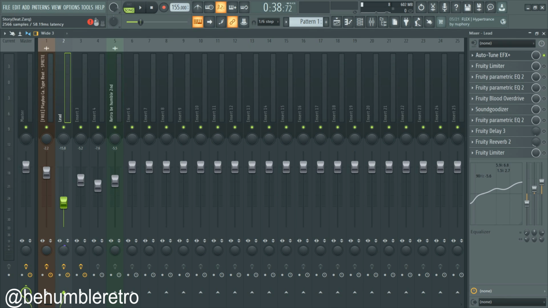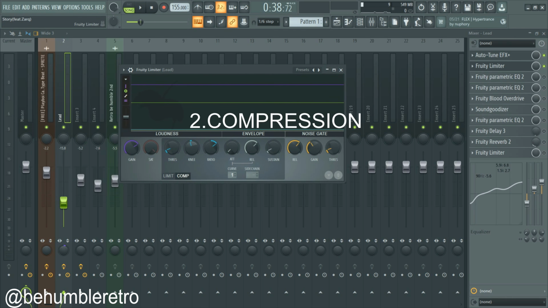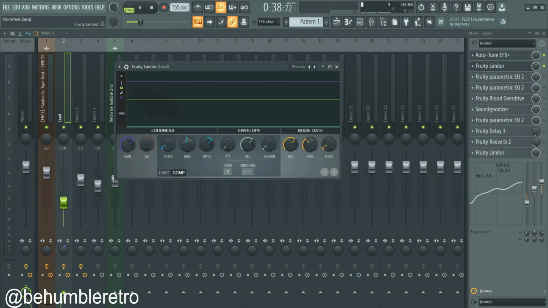So once you have that, what you want to do next is add compression. So for this we're gonna use the Fruity Limiter. Just hop over here on the compression tab and then crank the threshold to where you prefer it, you know, and then decrease the knee, and then I usually turn the ratio all the way up, but for this one I used the 2.3:1 ratio. It sounded nice, and then what I did next is I cranked up this gain so it can be nice and loud. As a result, the vocal was more